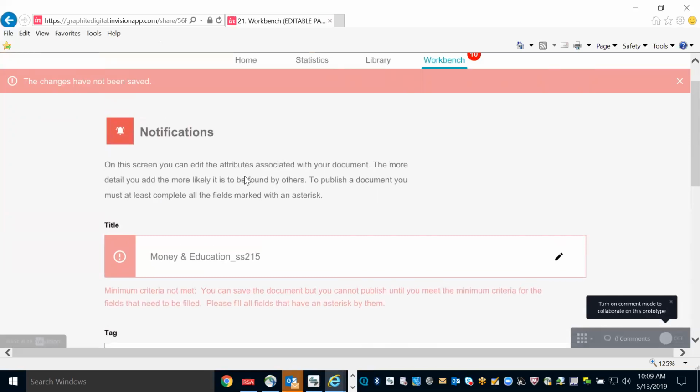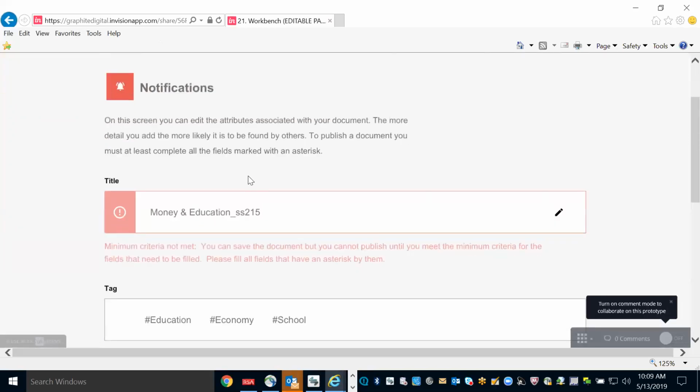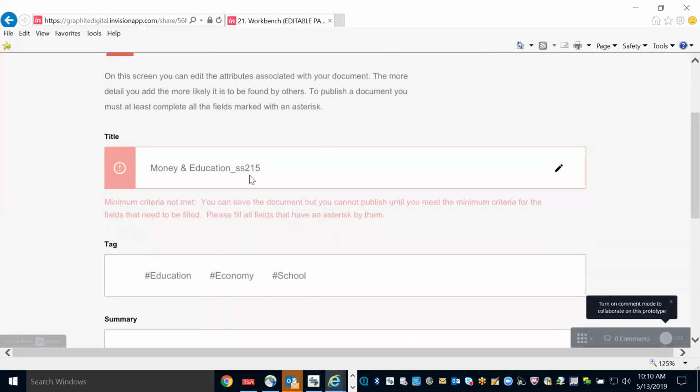You can edit the attributes associated with your document. The more detail you add, the more likely it is to be found by others. To publish a document, you must at least complete all of the marked fields with an asterisk. Okay, so,